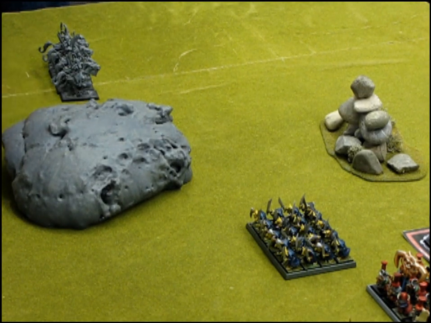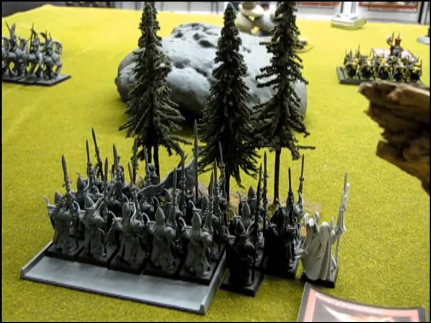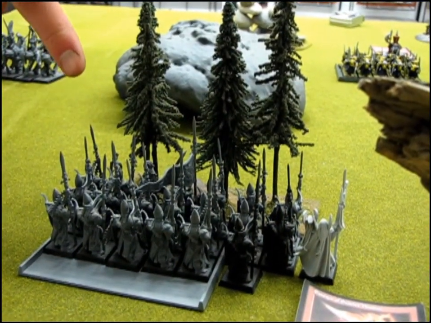I miss with 3 of them. And I cause 1 wound. With no rending, 1 damage. And the Sneaky Gits have a 6-up save. Made it. They make. So next in the shooting phase, I have 4 guys in my Sea Guard who are